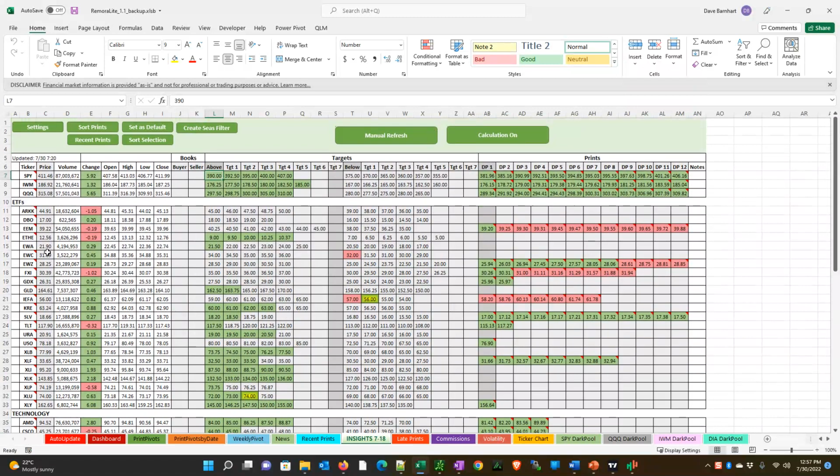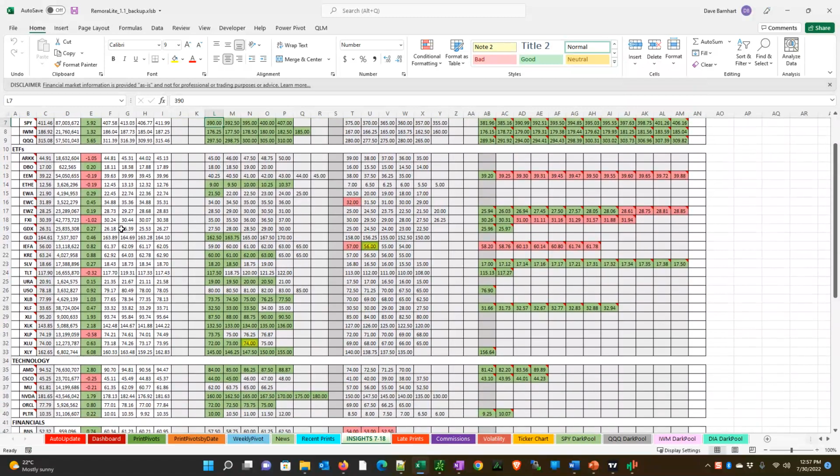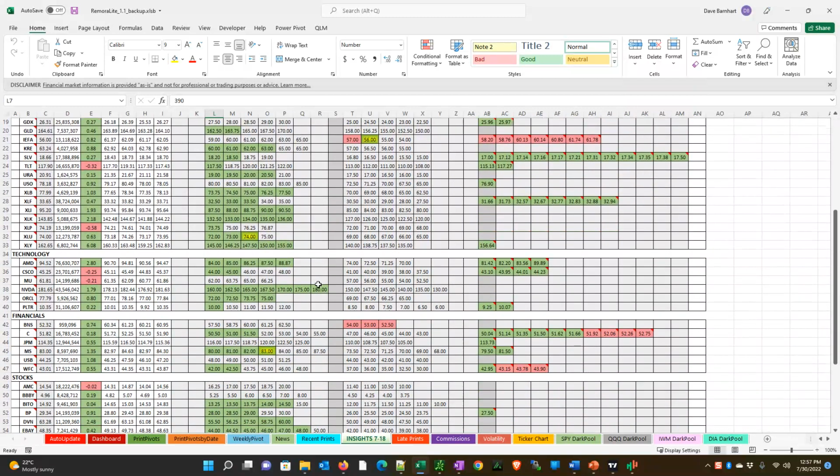So Canada was taking a hit there, and we can see now. Notice here, IEFA. See how this one's a different color, right? It's at 56. It's sitting on this price level. So if we break the 56, because we're testing Steph's second target on that, we're still below all of these prints that are here. Okay, then we have technology,